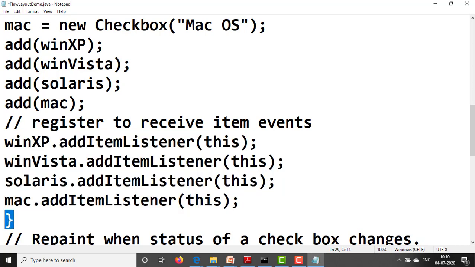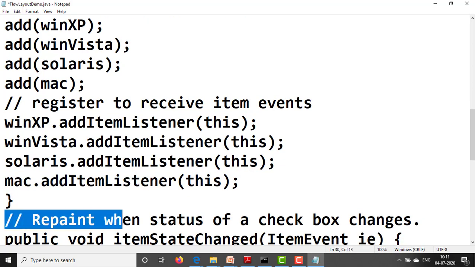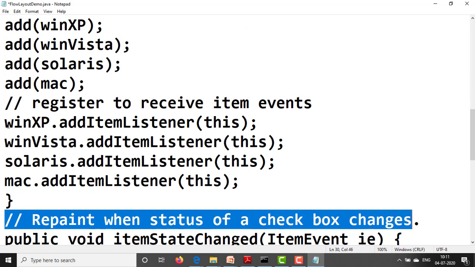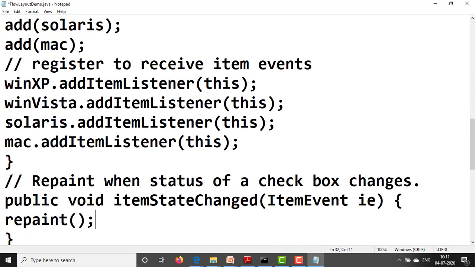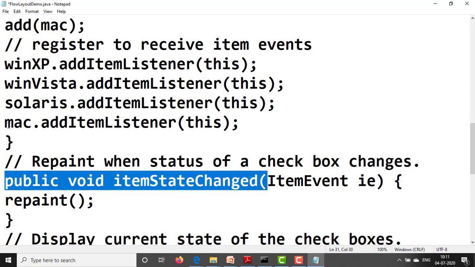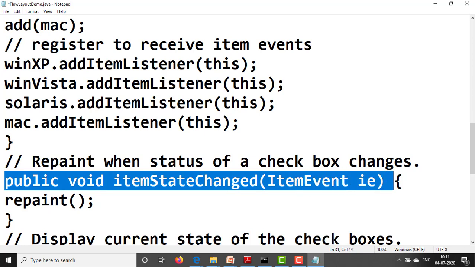Close the init method. Next, use the repaint method. Repaint when the status of a checkbox changes. When we are clicking on the checkboxes, at that time you need to call repaint, and that is done in the itemStateChanged method. ItemListener provides the itemStateChanged method, and in that method we need to pass the ItemEvent class, that is an IE object. public void itemStateChanged(ItemEvent ie).